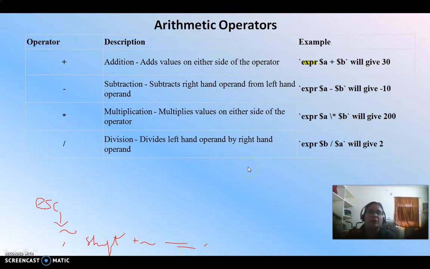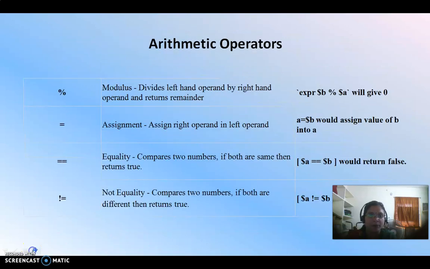So arithmetic operators can be used along with the expr keyword and this symbol near the tilde mark, the single-quote-like symbol. These are the arithmetic operators.